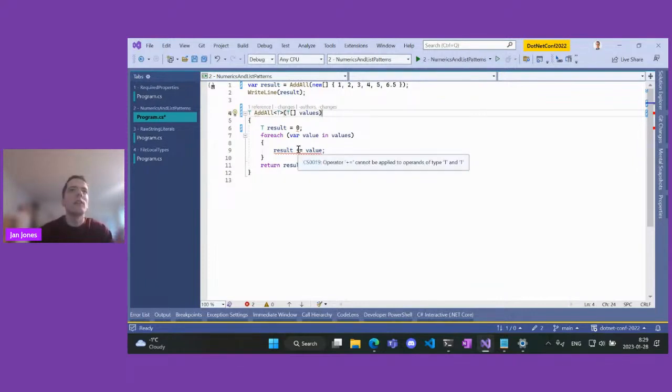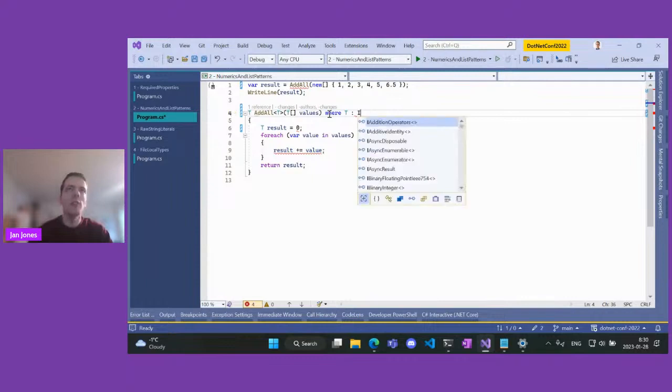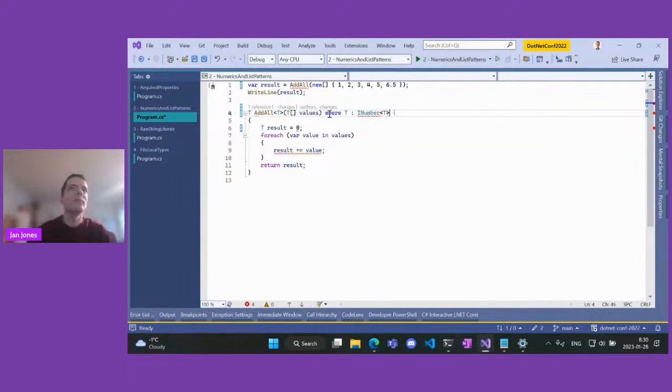But operator plus cannot work on T. And so 0 also cannot be converted to T. So we have constraints in C#, so we would like to say T is a number, and we actually can do that in .NET 7, like this. And now, actually, operator plus is defined on T because it's defined on INumber.